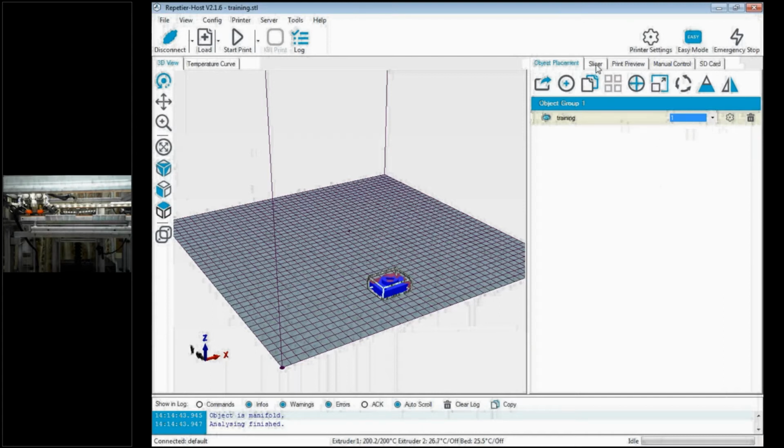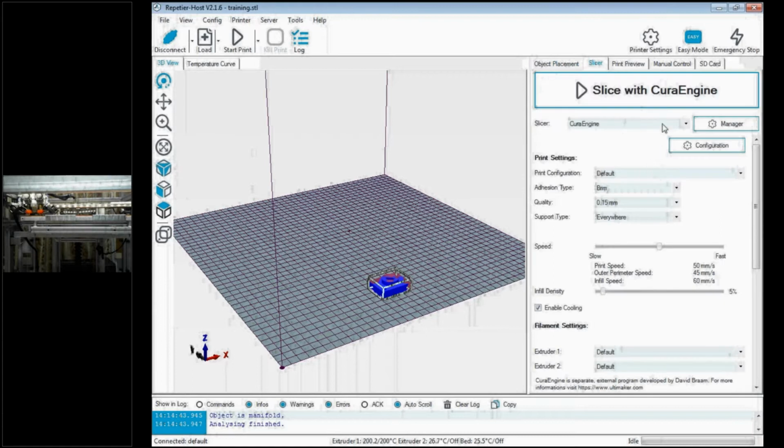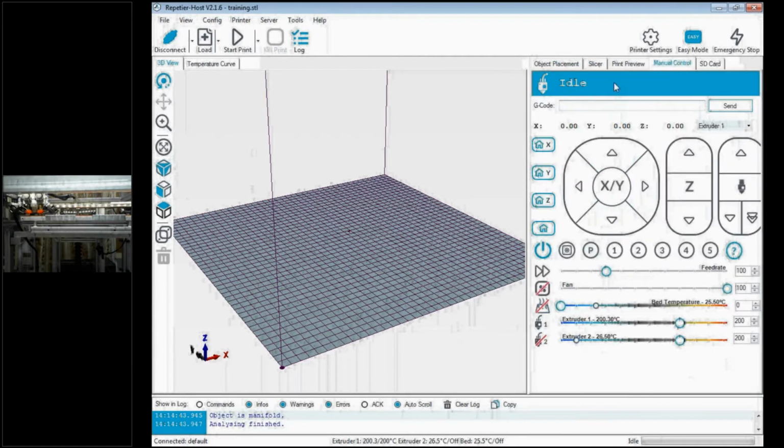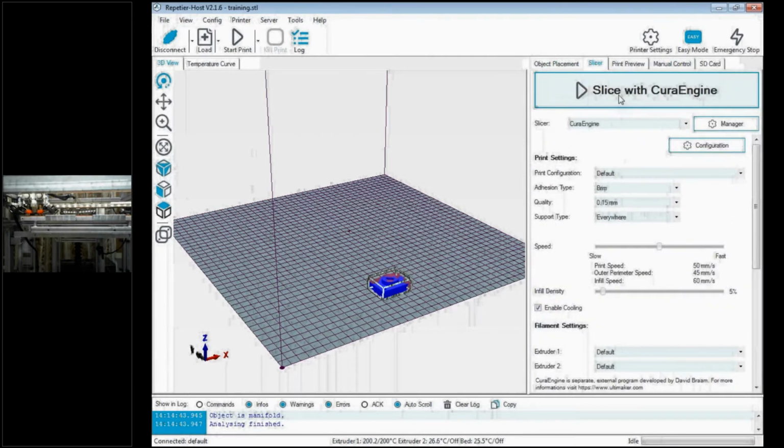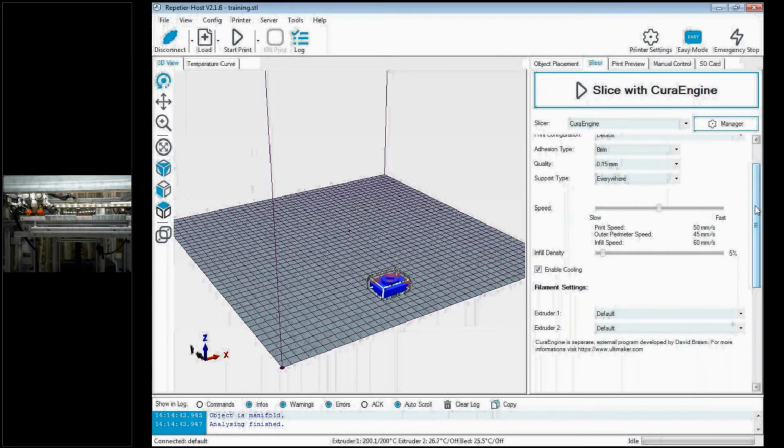So then we have slicer. So slicer is going to give the control parameters in your 3D printing tools. So first thing, you have print configuration, which I already mentioned. So adhesion type for 3D printers can be 3 major things. One is brim. So brim will be one flat structure which will be printed below your workpiece.